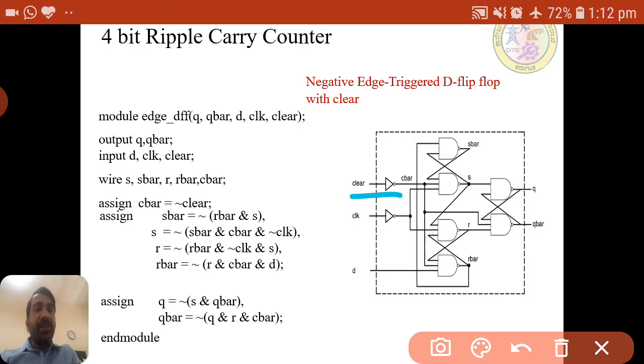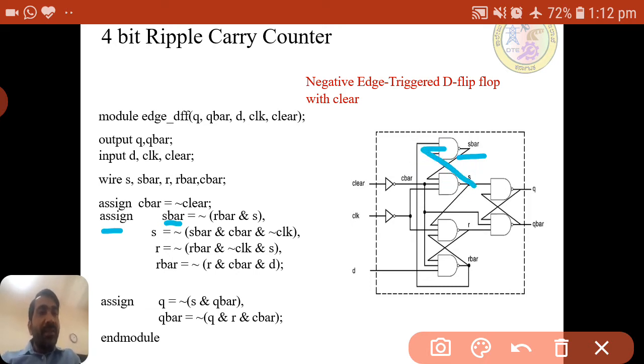First, C bar: assign C bar equal to not of clear. The not gate has its operator symbol, which we have already seen. So assign C bar equal to not of clear. Then coming to assign S bar, what is the input for that? S bar equal to...